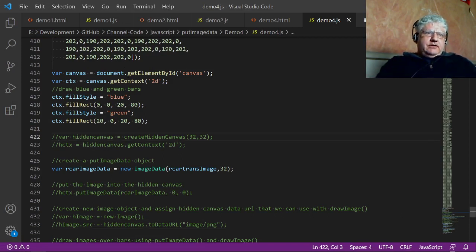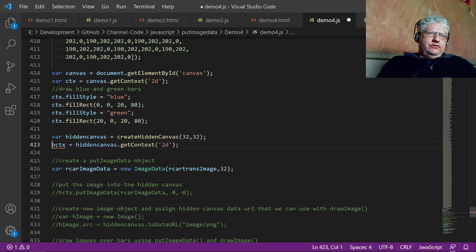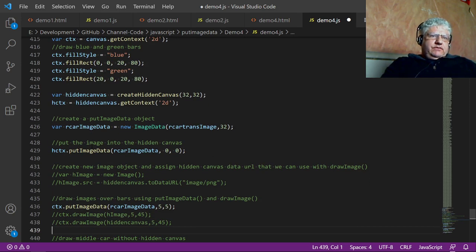Okay, so I'm gonna uncomment this, and this creates a hidden canvas. I'm specifying 32 by 32, but you can specify any size with whatever corresponds to your image, basically. HCTX is the hidden canvas context, and right here we create the putImageData structure object with the ImageData command, and we pass it the array that we have listed on top here. And I'm gonna uncomment this here. This is gonna write it to the hidden canvas, and we go further down here